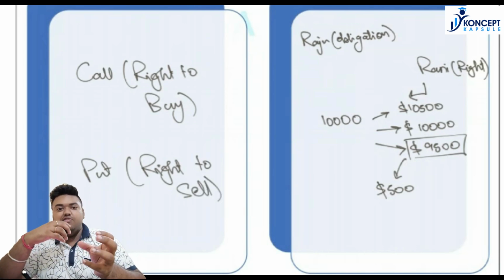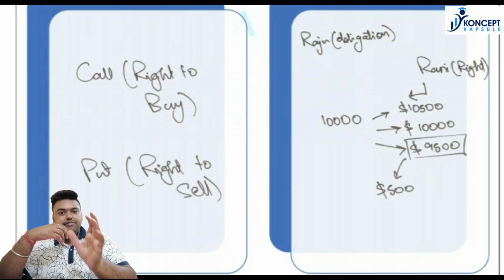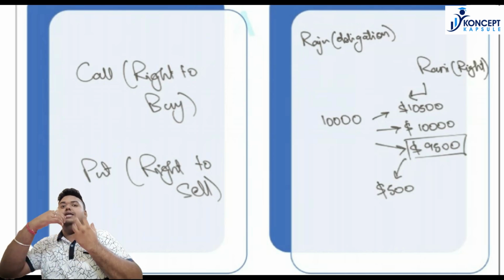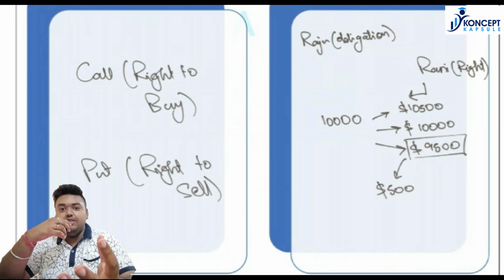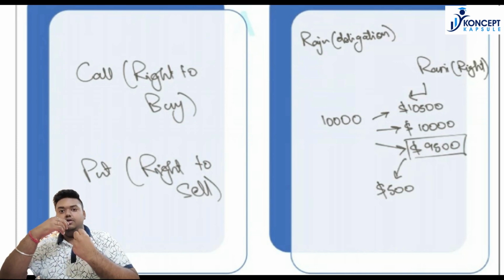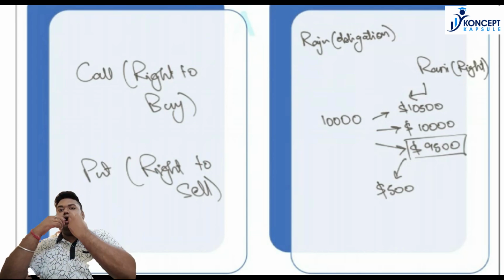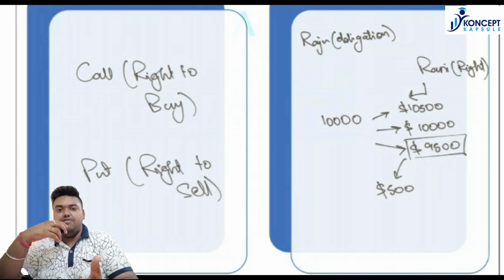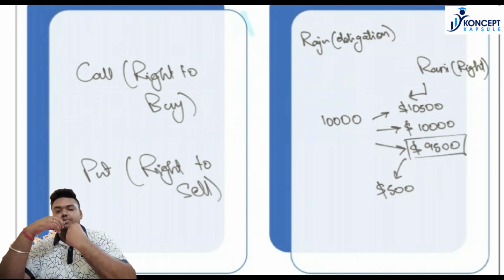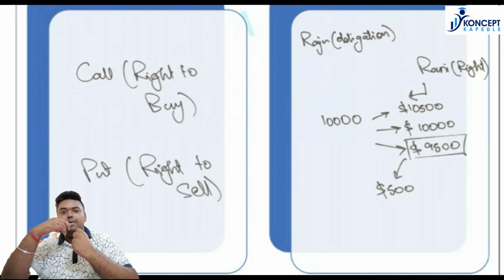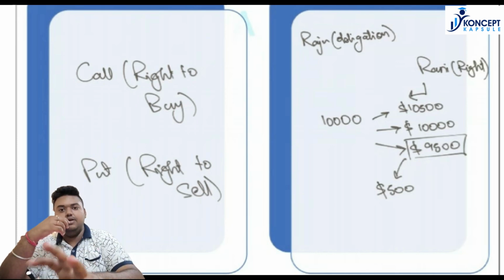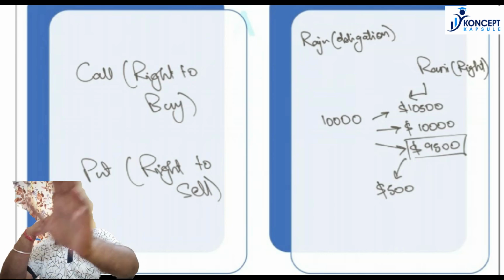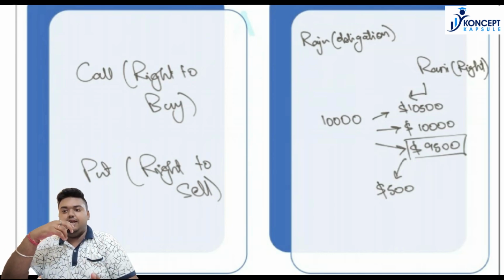Now think of it in very literal terms. Now we have discussed the technical side. Call. I am calling something. I am having the right to call something, which means having the right to buy something. Just see the actions of my hand. I am having a right to buy something, call something. And what is put? I am having the right to put something. I am having the right to sell something. Right? I am putting it on the table for selling. I am having that right.